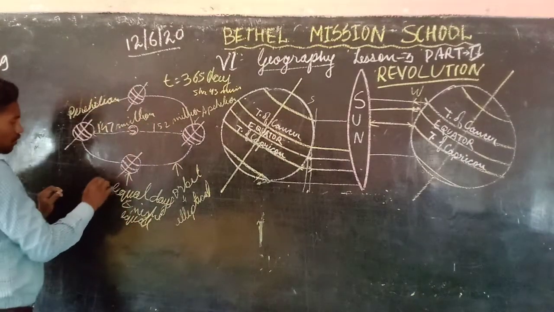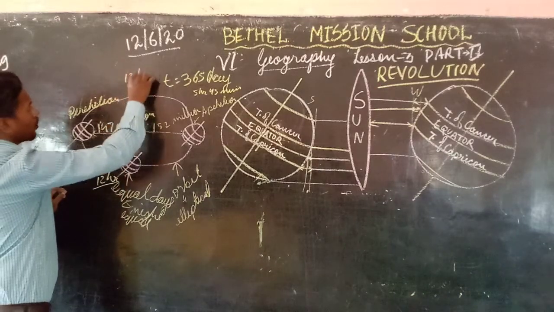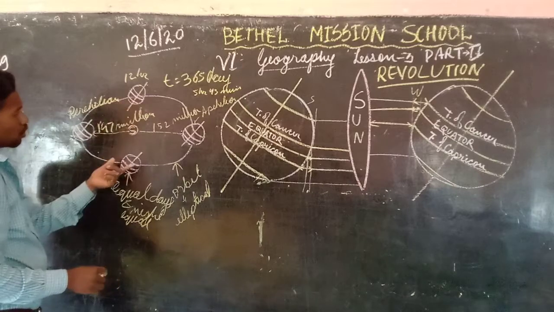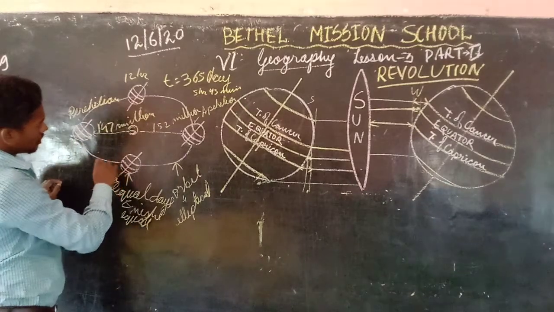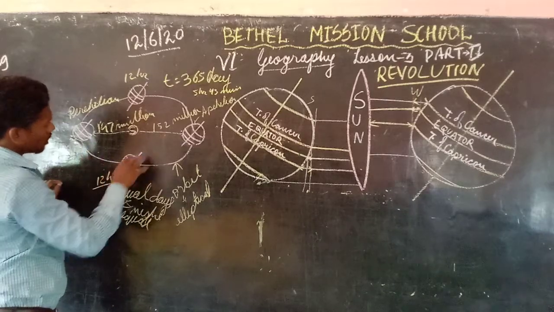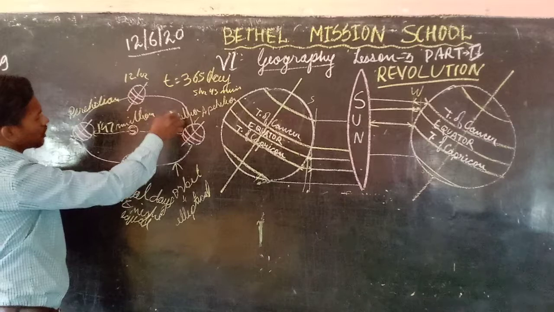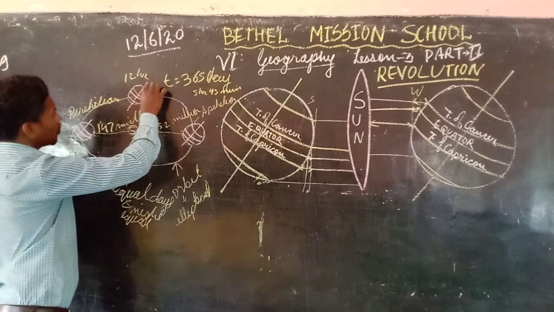So here we have 12 hours of day as well as 12 hours of night. Okay, here and this portion. So this is the portion which comes after. This portion comes after. This is winter time and this is your spring time. So spring time it is